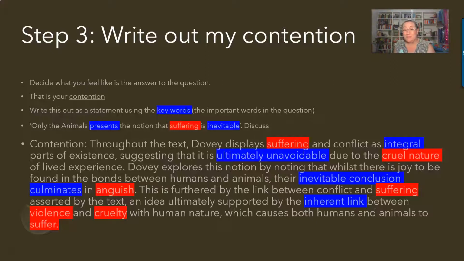And what I'm saying there about humans and animals is that, yes, there is joy to be found in the bonds between animals and humans, like this little one. There is joy to be found, but ultimately there is anguish, there is sadness, because we will inevitably be separated from one another. The inevitable conclusion, as in,